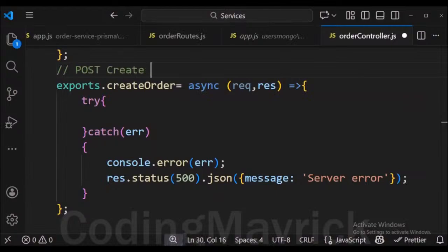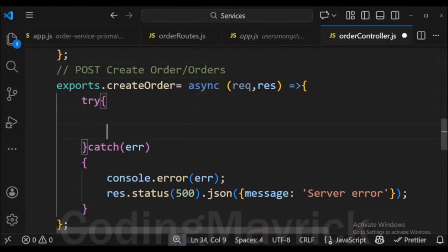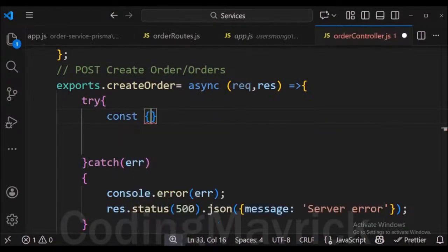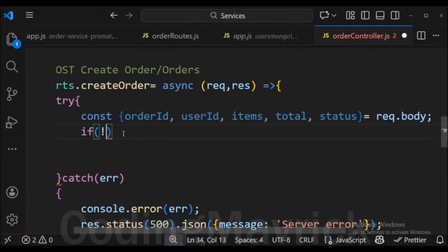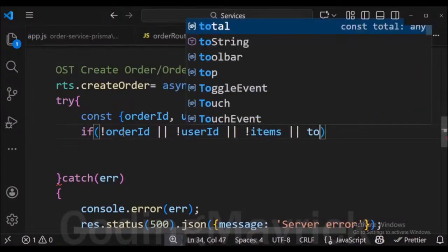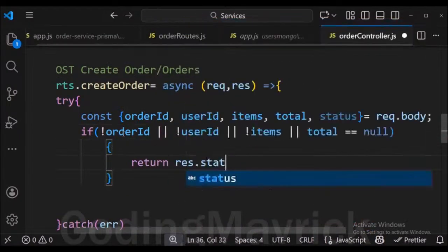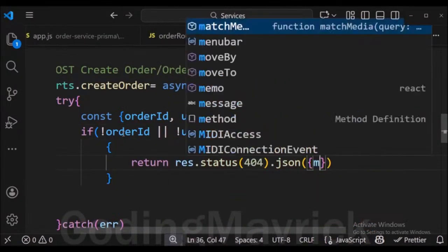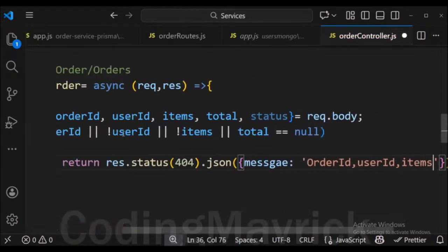Next, for create order, we destructure the required fields from request.body and validate that order ID, user ID, items and total are provided or not. If any of these are missing, we return a 404 response with a descriptive message. Next, we use